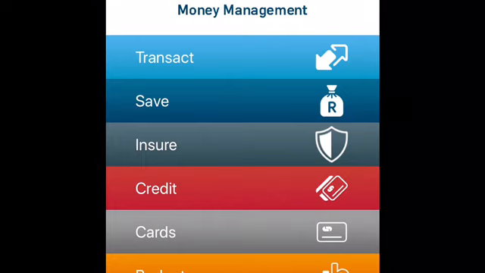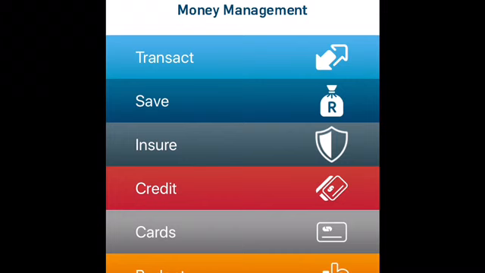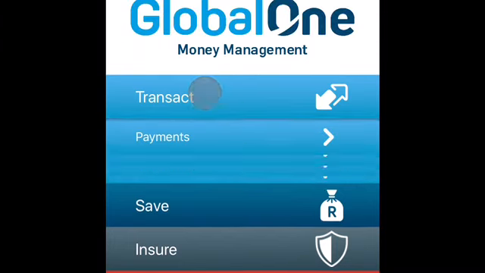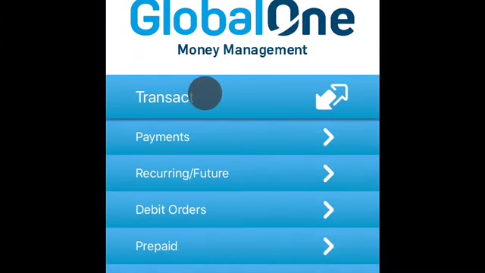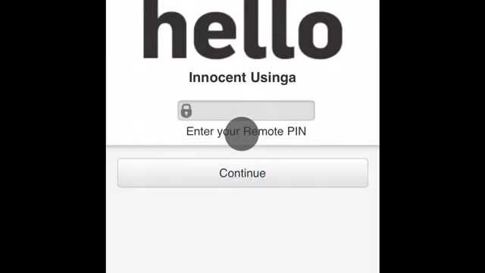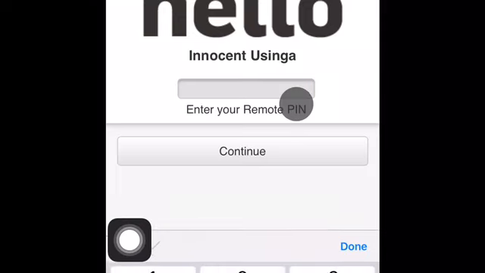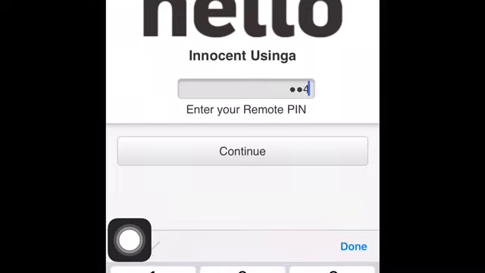So today we are going to set up a DSTV account on a Capitec app, so we can make payment on the app rather than struggling going around. So you go to transact, you go to payments. Definitely need to key in your PIN and you press continue,